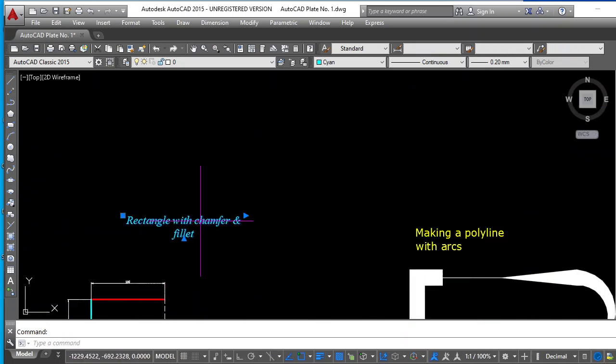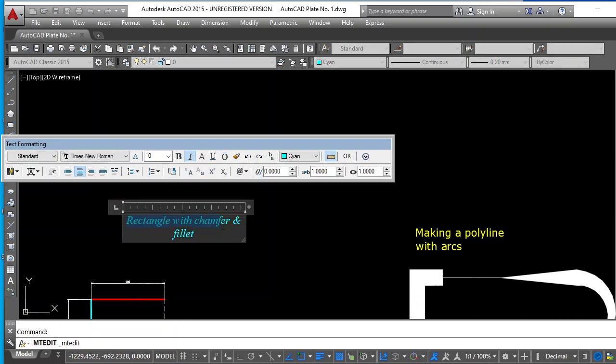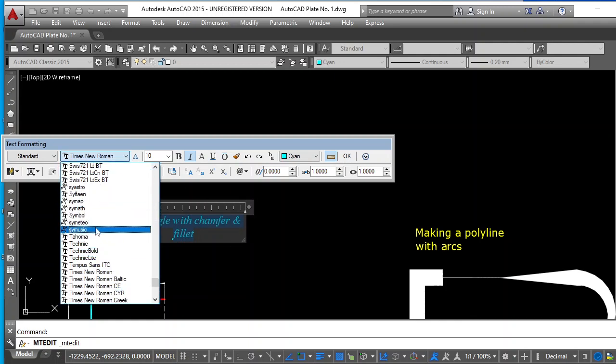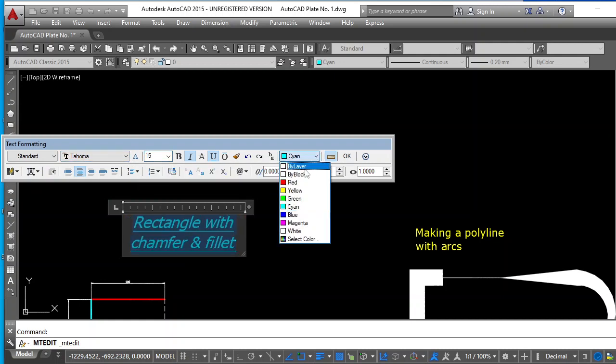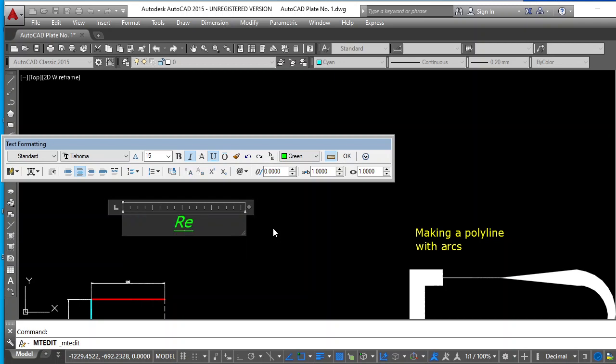And then, say, I'll enlarge it to 15. Then, I'll change the color. Okay, make it green. And then change the text. Rectangle, oops, wrong, square